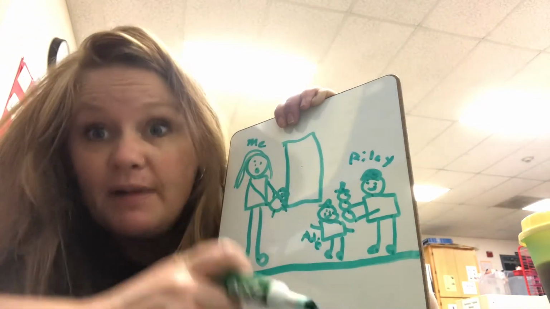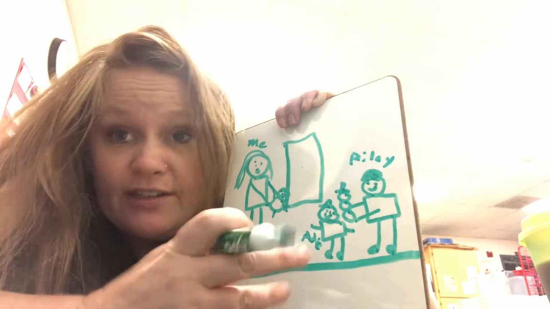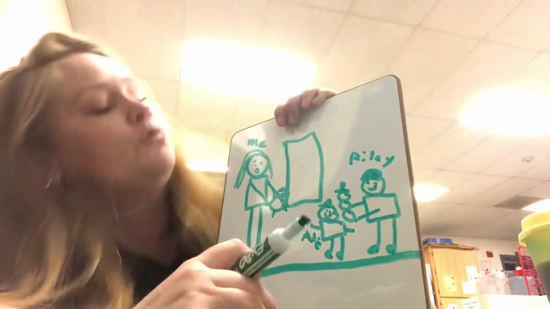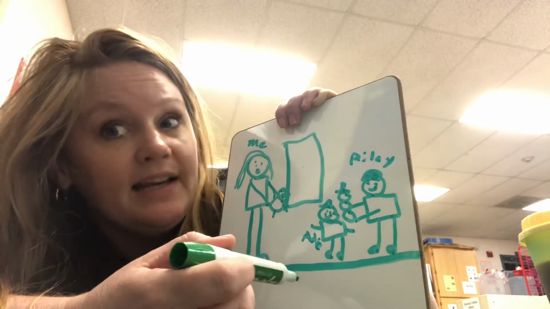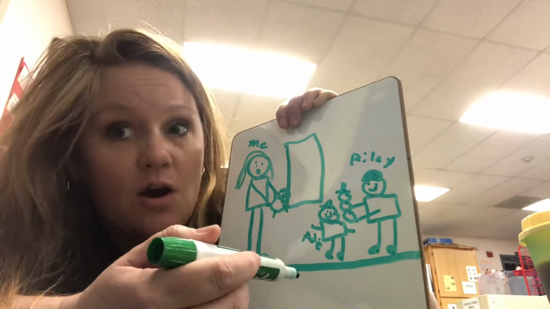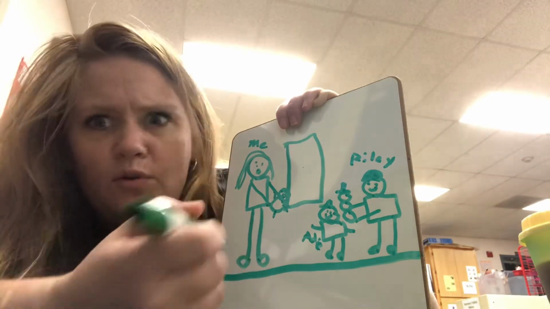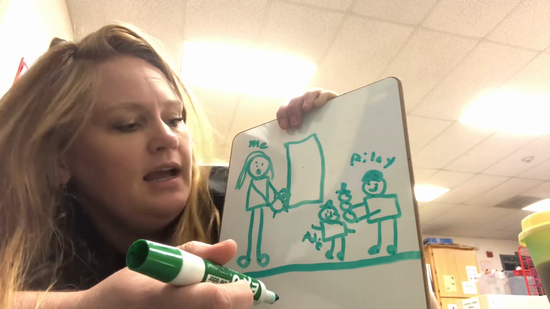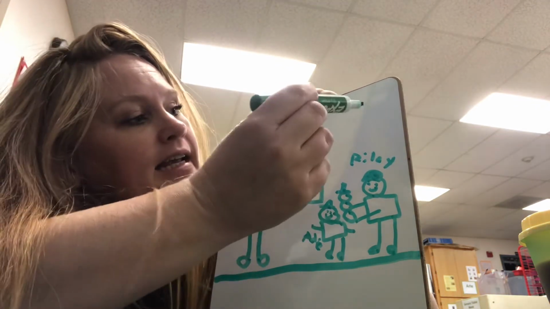So now I can read my story again because I have pictures to represent it. And you can take turns telling each other's stories as a family. That's a great fun thing to do. So my story is that Riley and Addie were outside playing in the snow. And all of a sudden I heard a knock, knock, knock at the door. And I was super surprised because my kids know how to open doors. I looked out the window with baby Cam in my arms and I saw that Riley and Addie were playing